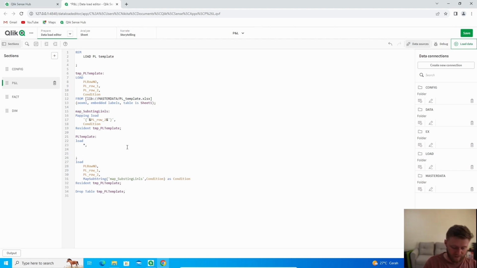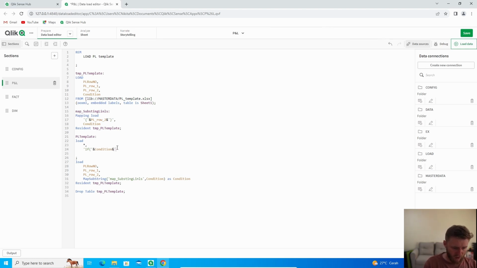It will be if in single quote, then add, then we use our condition. So here we have some brackets before. So if condition, then we use